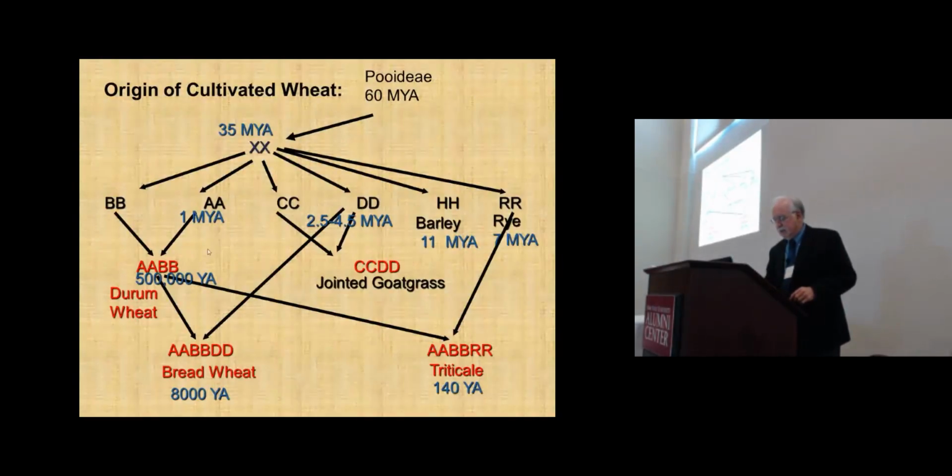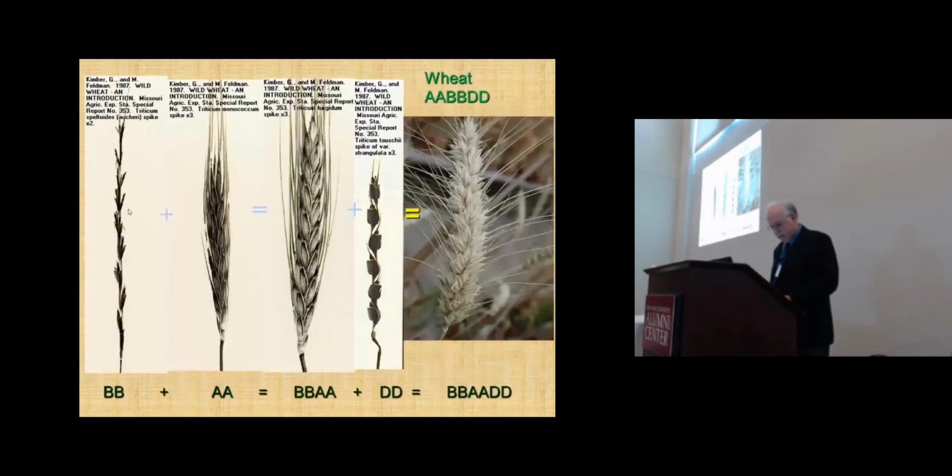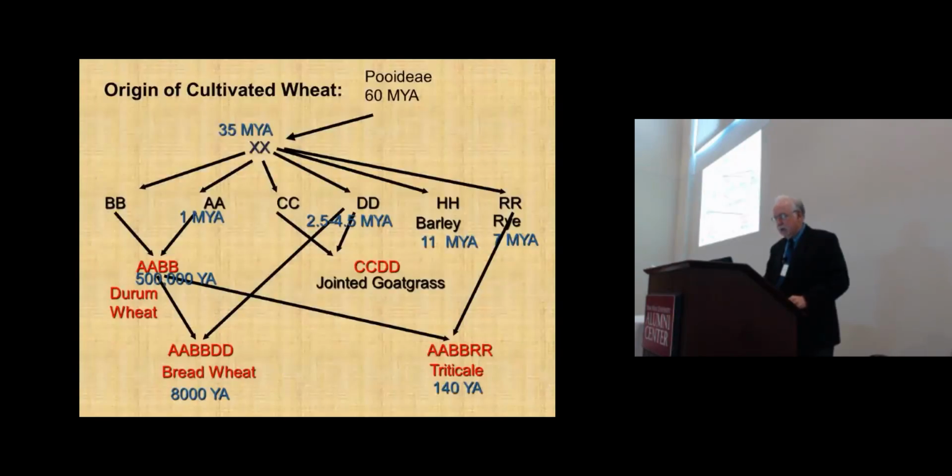Okay, can you see the little cursor up at the B genome? Whoops, went the wrong way. That's not what I meant to do. Okay, see the B genome? We don't know what that is. We presume that it may have been a hybrid of, or a progenitor of what we think are the current B genomes, but it's unknown.